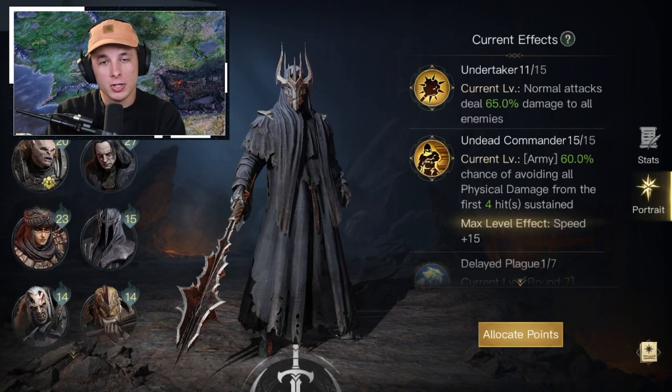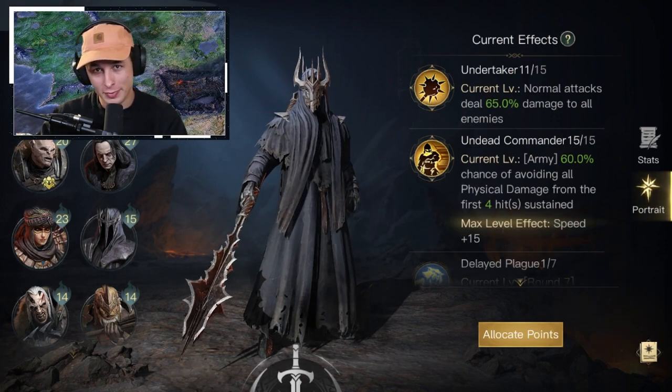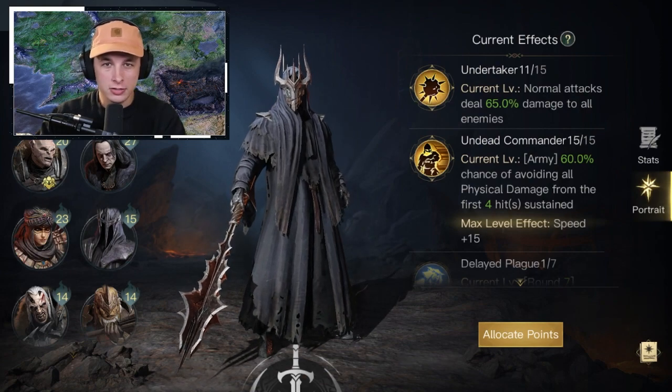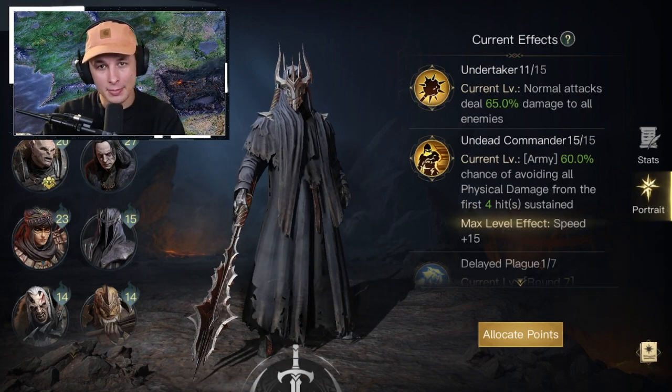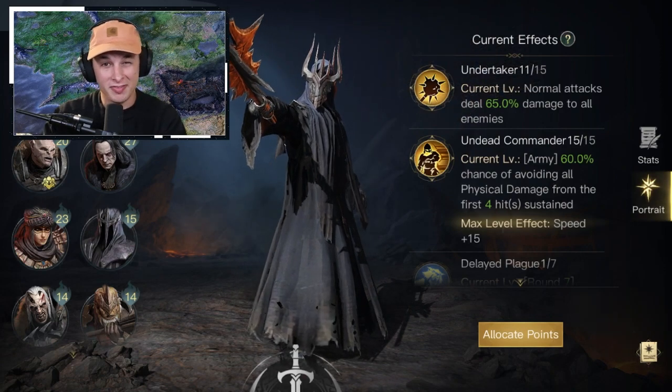Alright, you heard me correctly. We're looking at the Undying today. He is one of the two tier 3 Nazgul commanders, the other being the Witch King, which we are so close to unlocking. But we did a major pack opening on our last stream on Friday where we opened 500